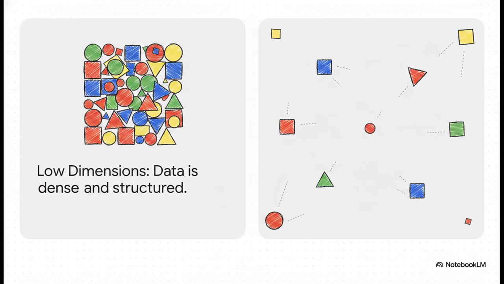Here's the deal. When you have too many variables, they actively prevent your machine learning models from finding meaningful patterns. In low dimensions, when you just have a few key variables, your data sits in this nice, dense, structured space. Patterns are super easy for a computer to spot. But as those dimensions grow into the hundreds or thousands, the data points become incredibly far apart. We call this data sparsity. You're basically turning a bustling, structured city into an isolated, sparse wasteland, where data points are so distant from one another that the patterns just vanish.